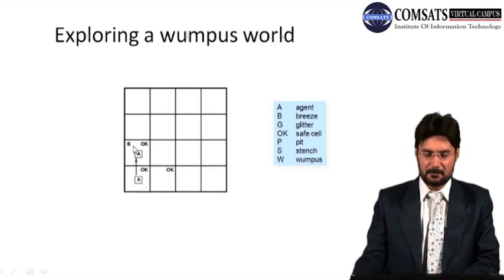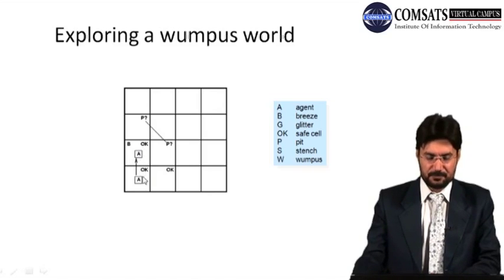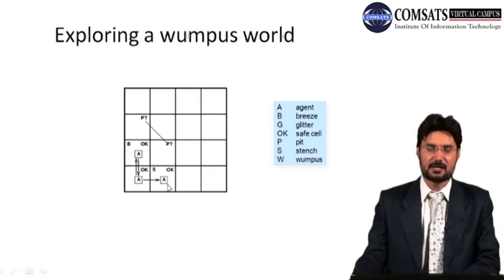اب ہمیں پتا چلا کہ یہاں پر بریز آ رہی ہے، تو مطلب یہ ہوا کہ ان دونوں میں سے کسی ایک میں پٹ ہے۔ اب یہاں پر پٹ ہے، اس وجہ سے بریز آ رہی ہے، تو ہم یہاں سے واپس ہوں گے، کیونکہ ہمیں رسک نہیں لینا، ہمیں فل انڈرسٹینڈنگ چاہیے۔ ہم لاجیکلی پروف کرنا چاہتے ہیں کہ کس بلاک میں مجھے جانا چاہیے۔ اب میں واپس آ کر یہاں سے دوسری سائڈ پہ جاؤں گا۔ جب میں دوسری سائڈ پہ گیا تو یہاں مجھے سٹنچ آ رہی ہے۔